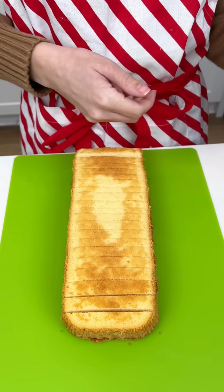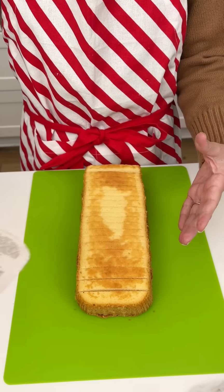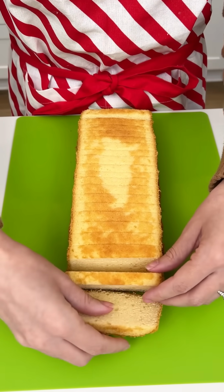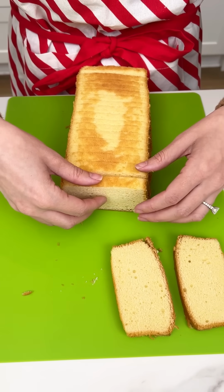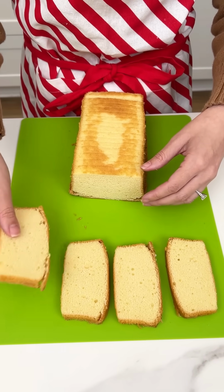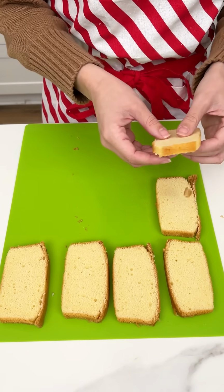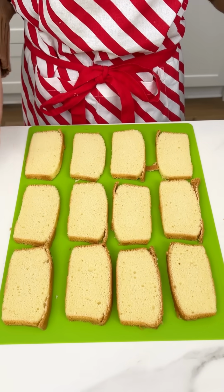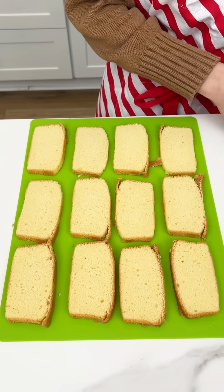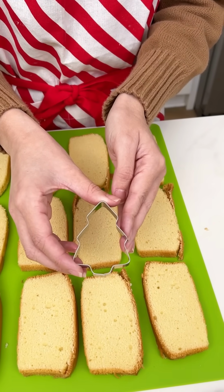Right, so this is just my Sara Lee classic pound cake, family size. We just cut these into super thin slices and lay them right on our cutting board, just like so. We're gonna need at least 12 slices. Perfect. Now that we have our 12 thin slices of pound cake, I'm gonna bring in my mini Christmas tree